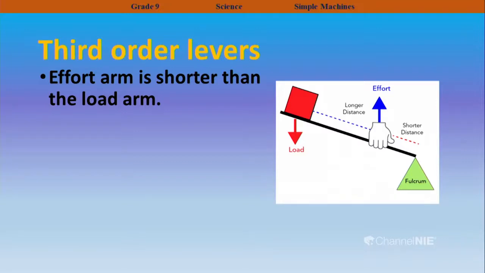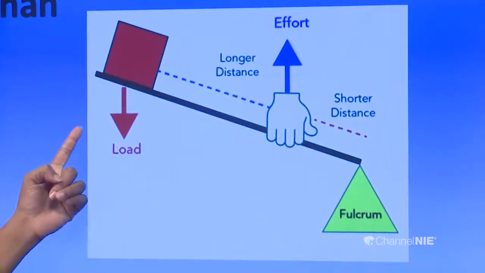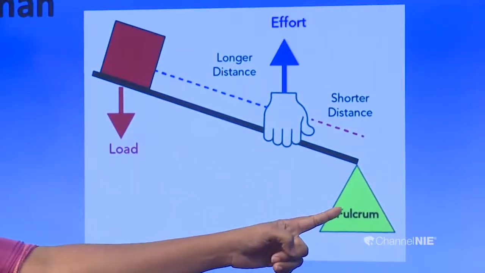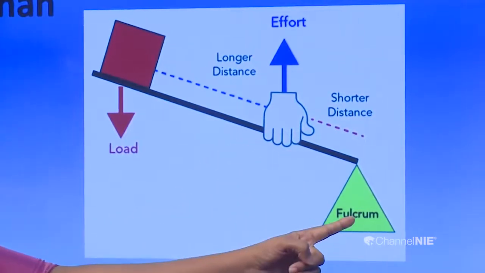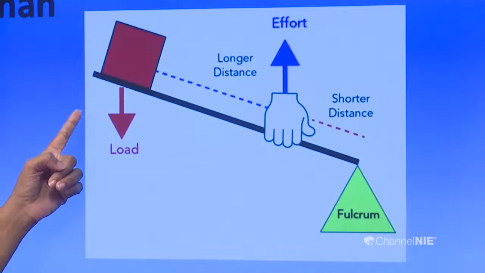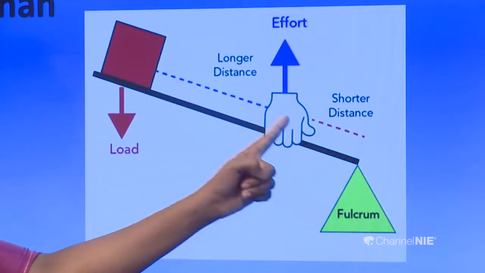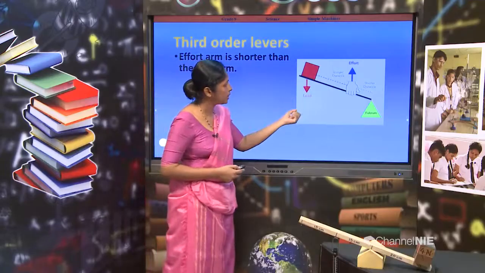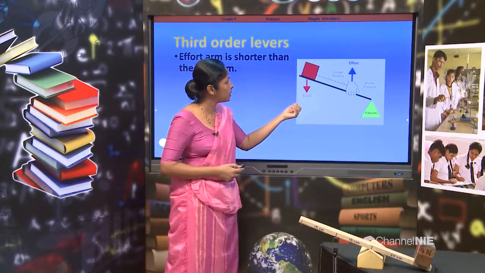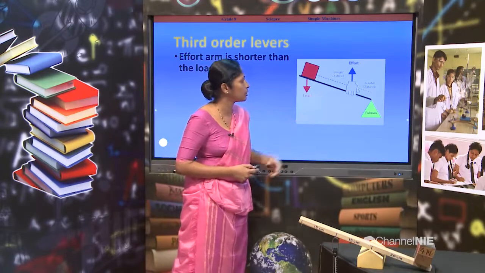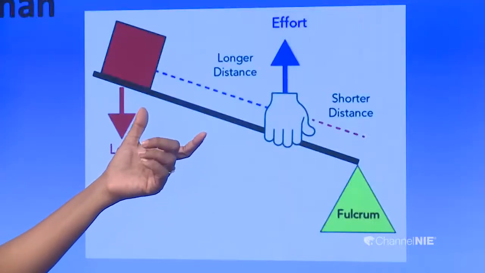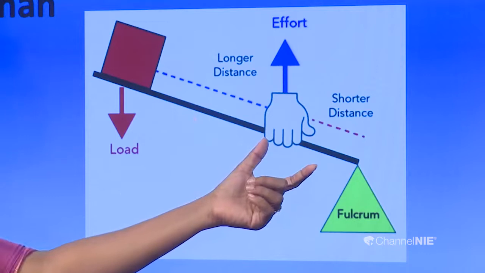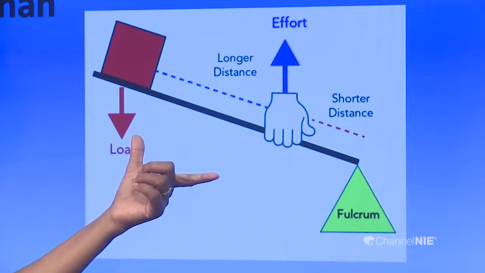Here is the fulcrum and load arm, fulcrum and effort arm. The load arm is greater than the effort arm. In this case, the load should be lifted by a much greater force, because here the load arm is greater than the effort arm,